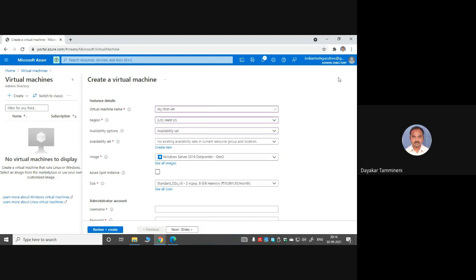Now the question is whether we need to go for the availability zone or availability set for more availability of the resources. Which one is better? Availability set, or availability zones?